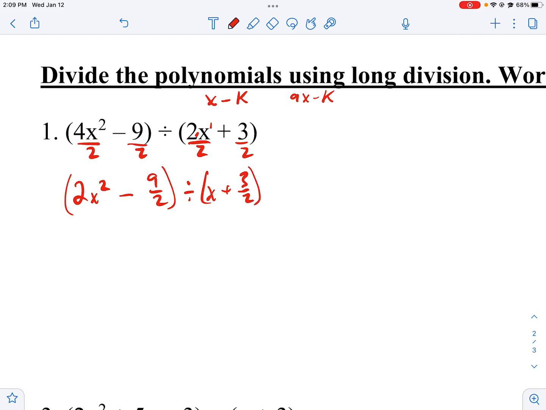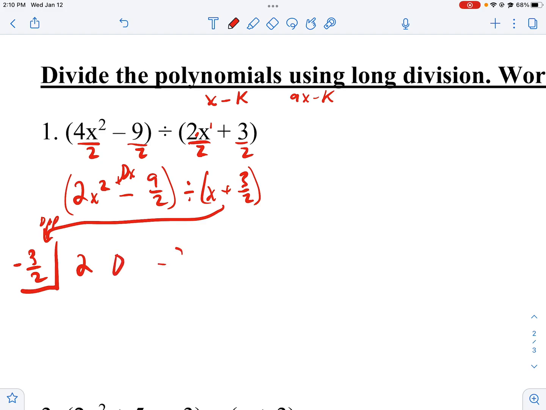We do need everybody in order and all exponents represented. So we've got, where's my laser pointing? We got 2x squared here. We don't have any x, and then we've got the constant. So we need to make sure we add in 0x. And then it is, take the half box like we would normally with synthetic division. We're going to do opposite into here. So it's going to be negative 3 over 2. We're going to write our coefficients, 2, 0, negative 9 over 2, separate, drop, and then we start doing the